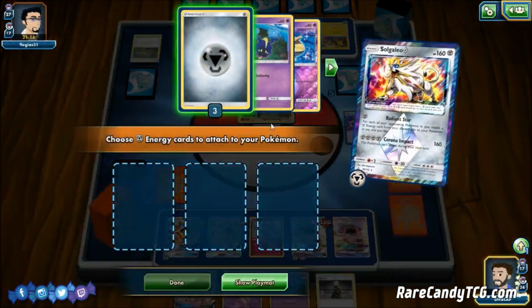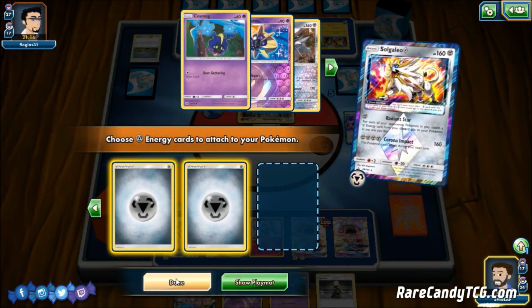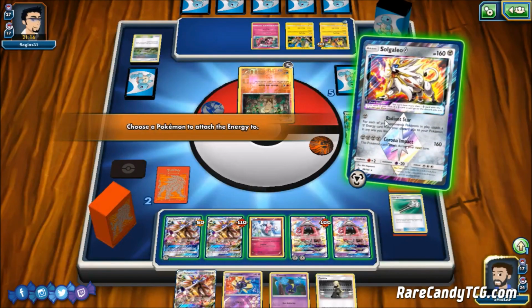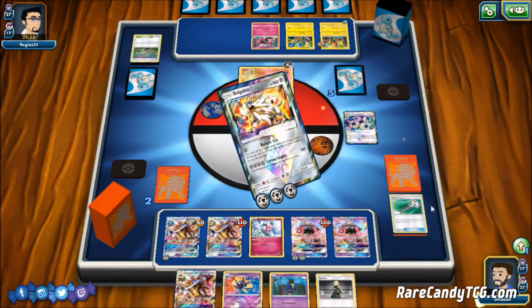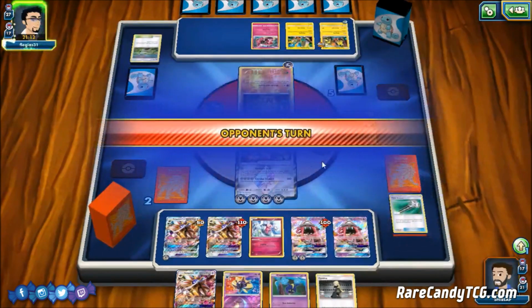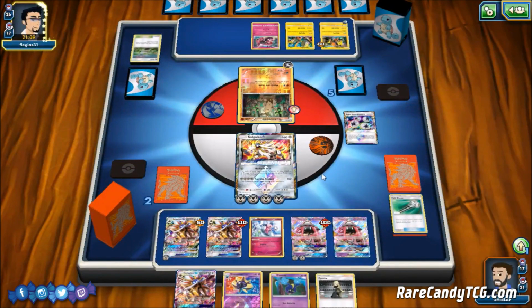Here we're just going to use Radiant Star, attaching some of our metal energy. We can actually just put it on the active. I think that could be good here, just because our opponent doesn't really have a good way of knocking us out. Sudowoodo can't copy Radiant Star. Well, they can, but they're not going to get any benefit from it. And everything else doesn't really have